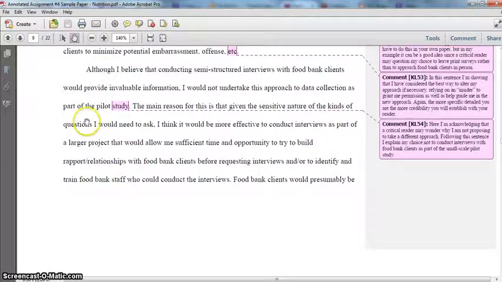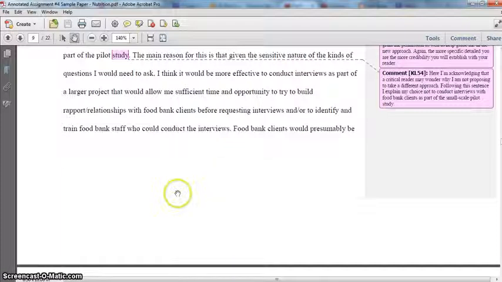Now, one thing I do in this paragraph here is that I indicate, even though I'm proposing this multi-method approach of semi-structured interviews with food bank staff and then surveys with food bank clients, I recognize that it would be really valuable to actually do semi-structured interviews with food bank clients, but I'm not proposing that for the small-scale pilot study. And then I explain why that is, in large part because doing these interviews is really time intensive and resource intensive, especially because I would want to be able to give incentives, and I don't mention that specifically in here, but what I focus on is just that it would take more time.